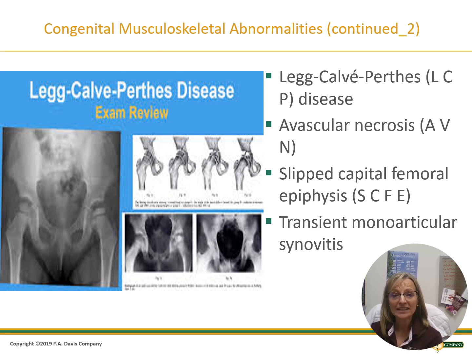The last abnormality on this slide is transient monoarticular synovitis. It's the most common cause of acute onset, short duration limping in children. This is due to intermittent inflammation at the hip joint. It's more common in males than females. Average onset is about 6 years, but it can range from 2 to 12 years. The cause is nonspecific,